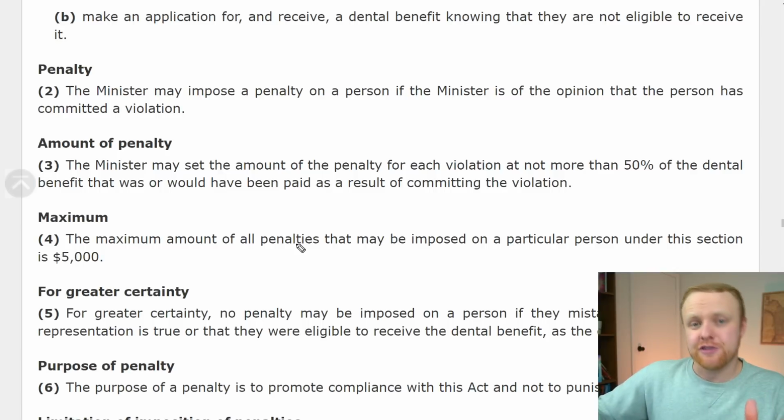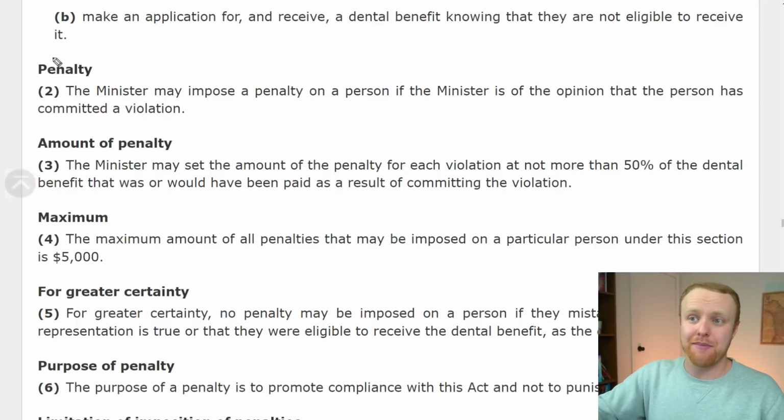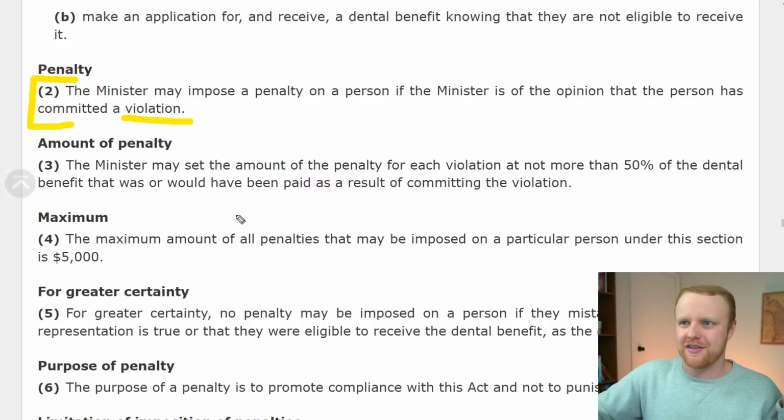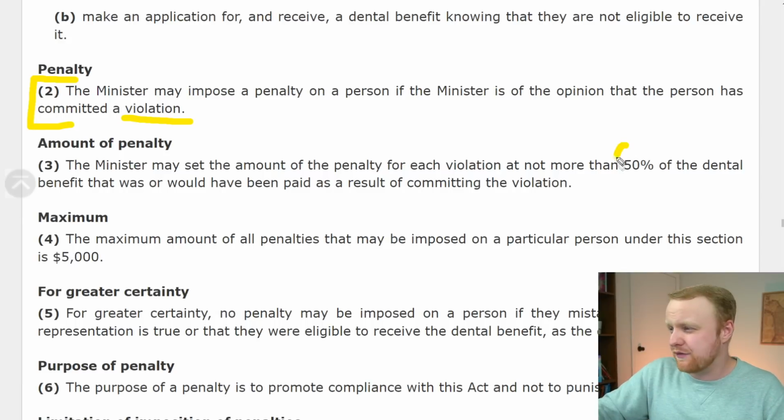And now for the last little bit on this dental benefit, if you apply fraudulently and you're caught, then there's going to be a penalty, right? The minister says that they can impose a penalty on a person if the minister is of the opinion that that person has committed a violation. So applying fraudulently, if they saw that you weren't eligible for the benefit but you applied for it, you could be penalized. Now the maximum that you can be penalized is 50% of the dental benefit that you applied for,